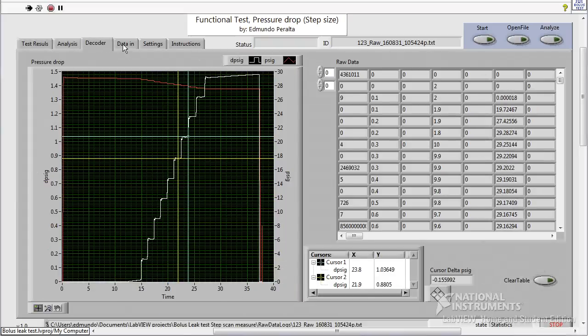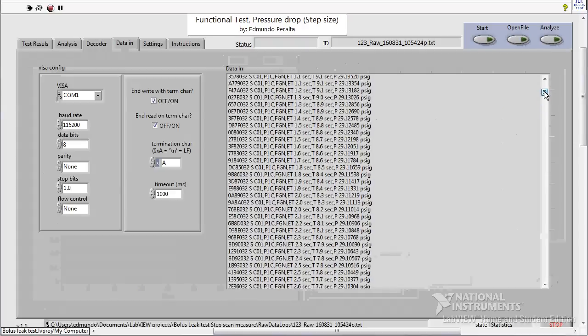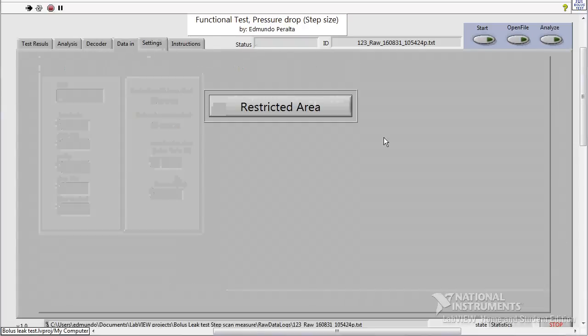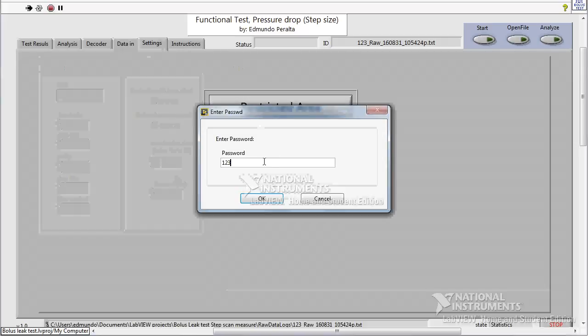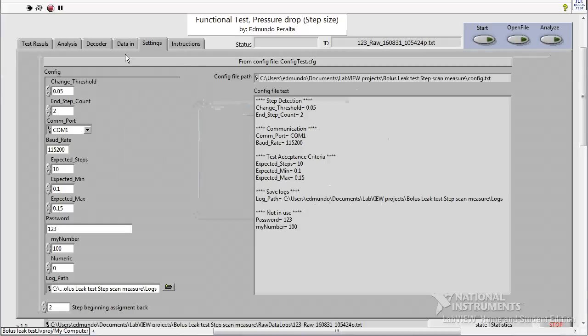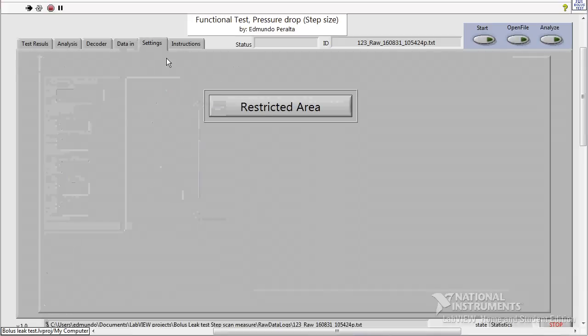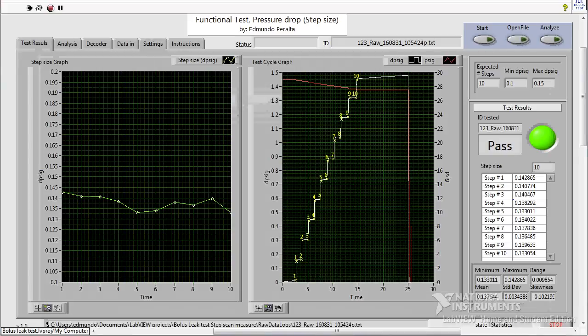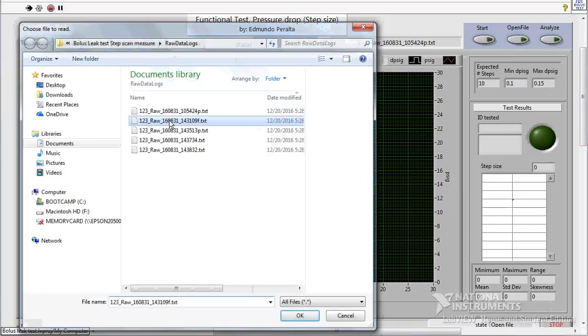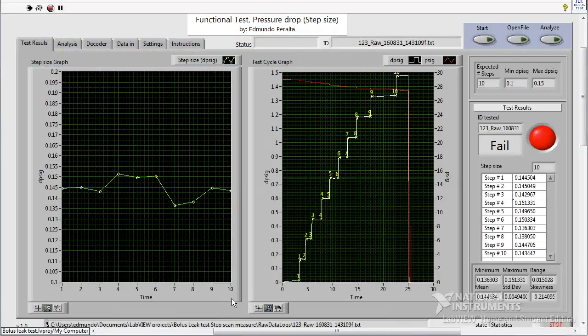As you get the data from the machine, you actually have the option to change some settings, which is protected. You have to enter a password, and then if you move out, it will get restricted again. So that way you can figure out what's going on with different files or get new data from running a new test. This particular one failed because some of the steps, the size of the steps were actually higher than